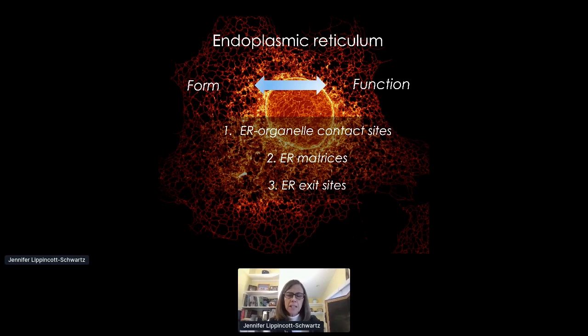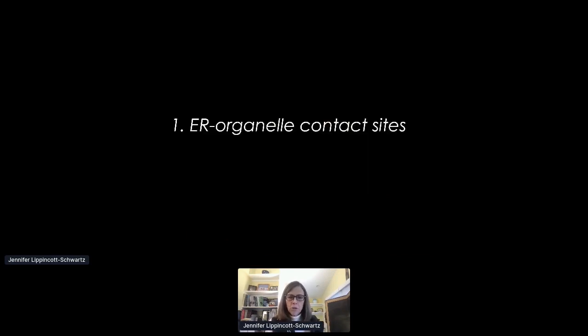And then finally, ER exit sites, which are the sites where newly synthesized proteins in the ER enter the secretory pathway. Can we understand these ER exit sites to any greater extent in the context of this beautiful organelle by improved spatial temporal imaging? So let's start with the ER organelle contacts. As I mentioned,